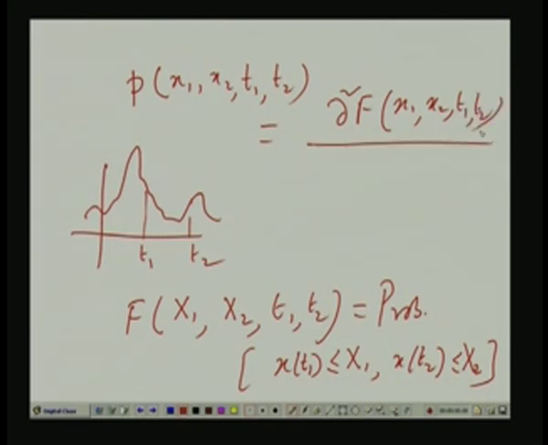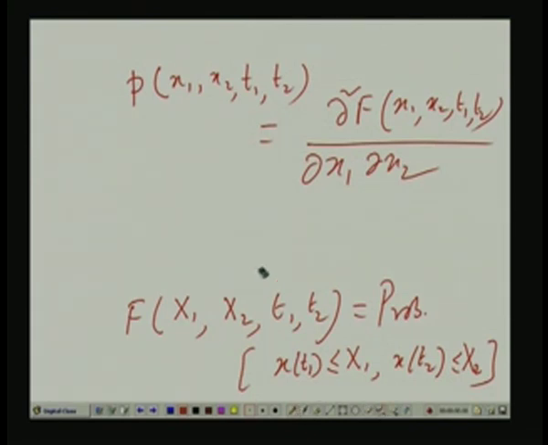Remember t1, t2 are not changing, they are fixed, but they are just present everywhere. Then again in the same manner, I am just showing that all our previous notions of probability density and distribution apply here in this manner,